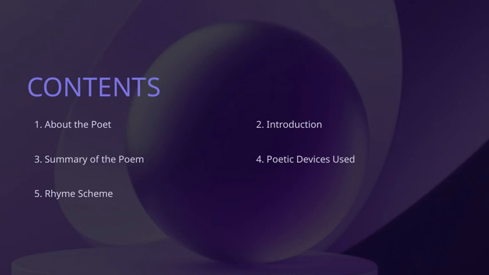Now, moving on to slide 2, which covers the introduction section. Here, we're going to explore the poetic devices used in the poem. These devices are essential because they add depth and emotion to the poem, making it more engaging and meaningful for the reader. We'll look at how the poet employs various techniques like metaphors, similes, and alliteration to enhance the themes